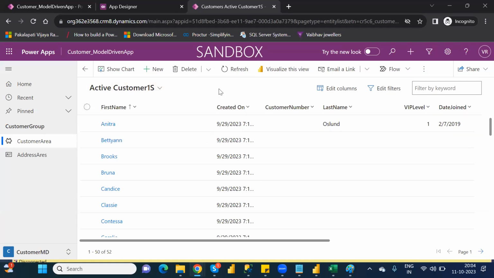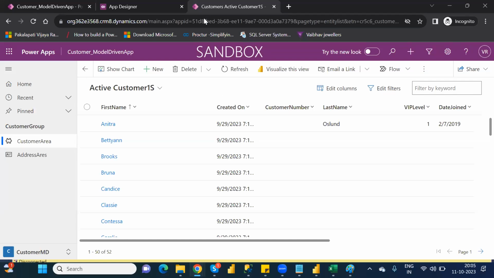This is how you can pull the view. For each and every view you want to take, you can take that one, and you must click on validate, and after that click on publish, and after that you can play the application. Understand? This is the step-by-step process you have to do. Understand clearly or not? Next one is